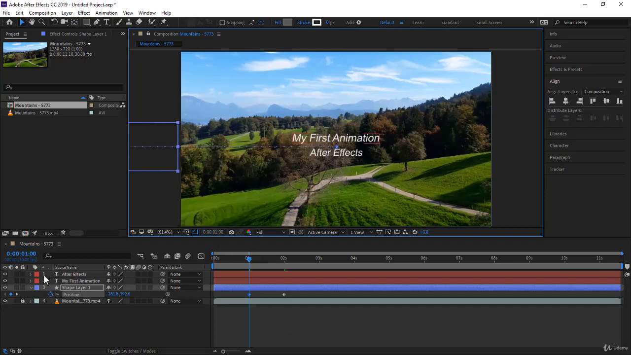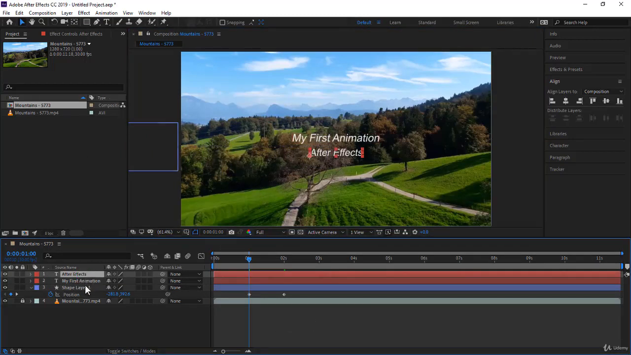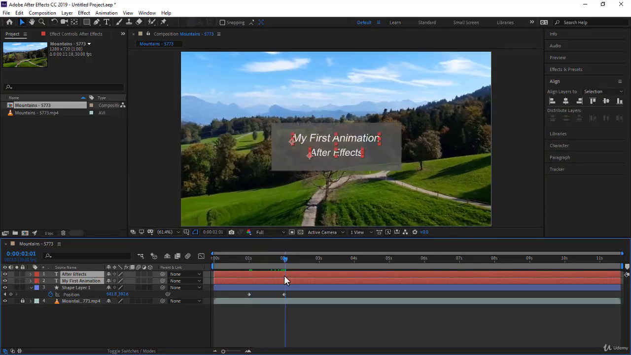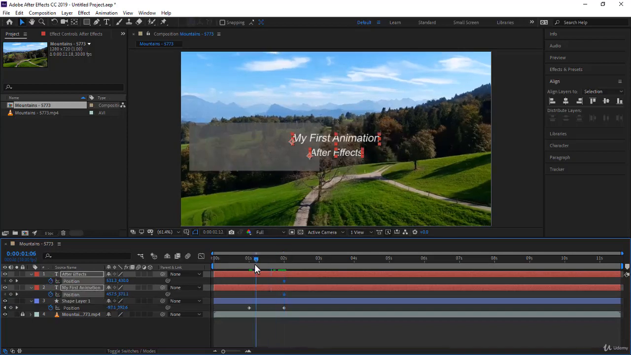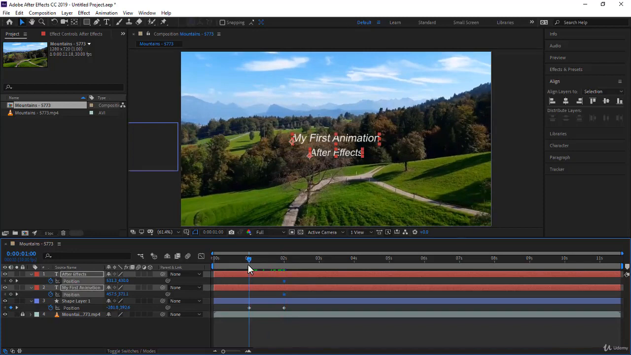Now let's animate the text. I will select After Effects and press Ctrl or Shift and select my first animation. So you selected the 2 text there and you want to animate them. Again, at 2 seconds, we just want them over here. And then you press P to open the position and you click on the stopwatch to initiate your animation. Let's go back to the first or to 1 second and then you want to move them out,